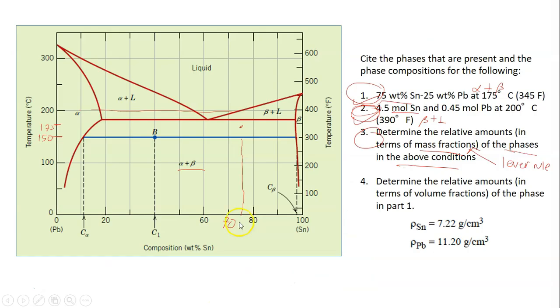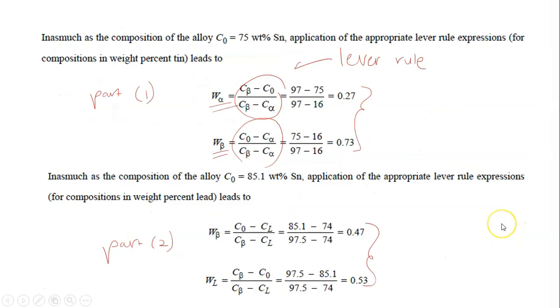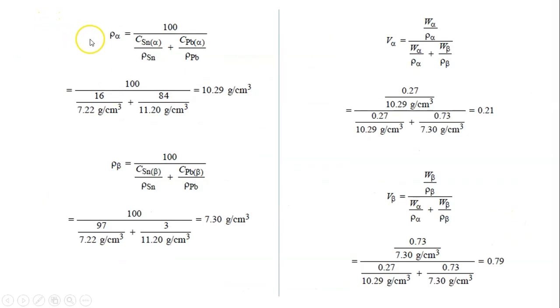Okay, next we have the final question. Determine the relative amounts in terms of volume fractions of the phases in part 1. But this one, they only ask us to calculate the volume fraction for part 1 only. So it's not so bad. Given the density for the tin and lead also. Okay, so first and foremost, again, you need to use this formula to calculate the density